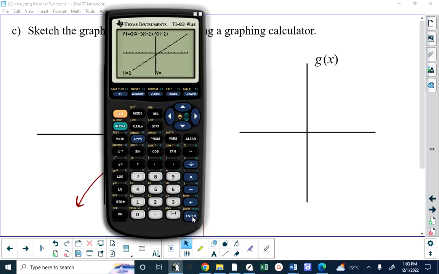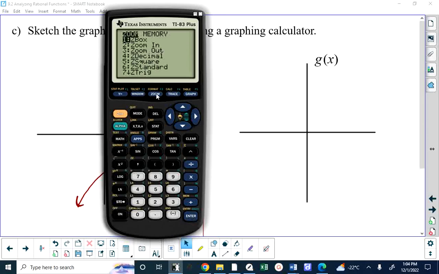Because I can go trace 1.99999. I can go trace 2.00001. I'm allowed to put in any value of x I want, as close to 2 as I want, but I can't put 2 in. Now, you can actually see the hole in this example, but not always, if you go